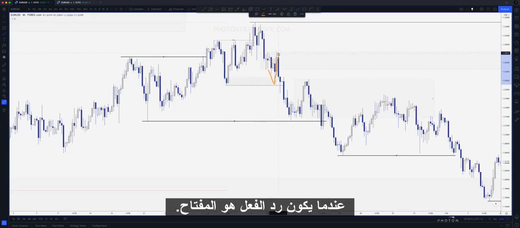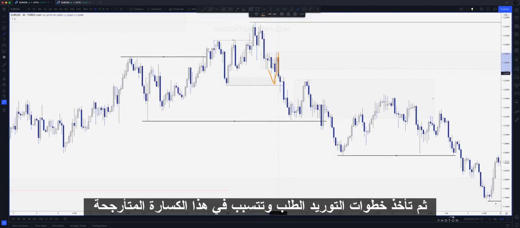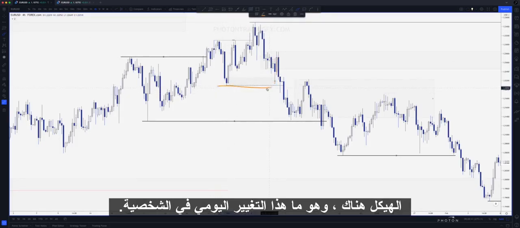It reacts. Remember, the reaction is key. It fails to put in its higher high. It fails to do its job. Then supply steps in, takes out demand, and causes that swing breaker structure there, which is what that daily change